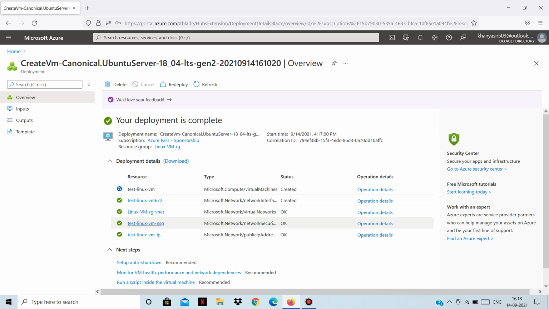Okay, and then the network security group is also created to allow or deny the traffic. We have already allowed the SSH and HTTP traffic to our virtual machine. All the other traffic will be denied, and then the public IP address of the virtual machine itself.